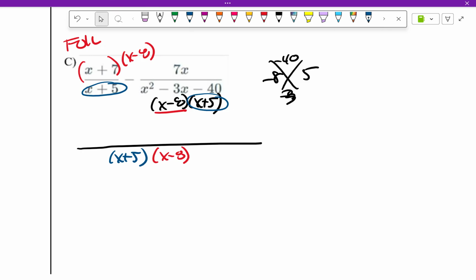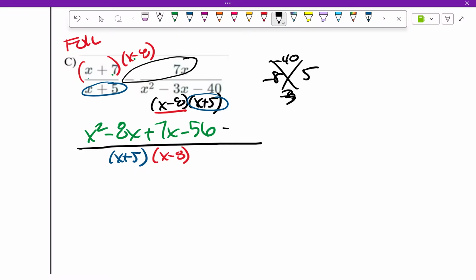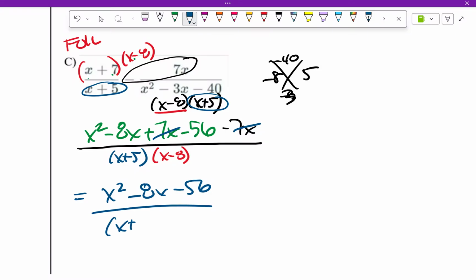Let's check it and see how we did. So I've got a FOIL. What is x times x? x squared. x times negative 8. 7 times x. And then 7 times negative 8. Then I'm just going to take this negative 7x and write it down at the end. We're combining like terms. Ooh, what happens? What cancels? The 7x's, so I'm just left with x squared minus 8x minus 56 over x plus 5 times